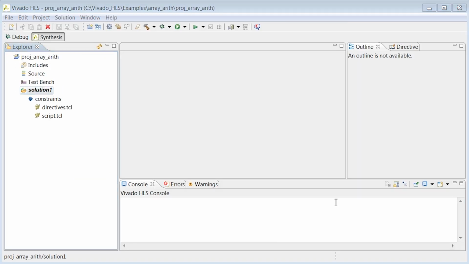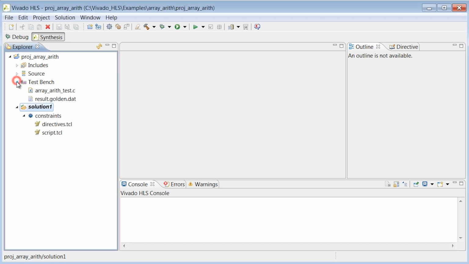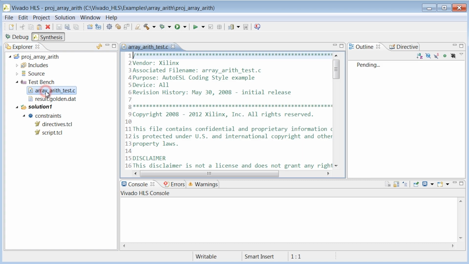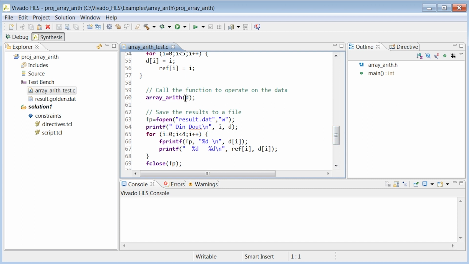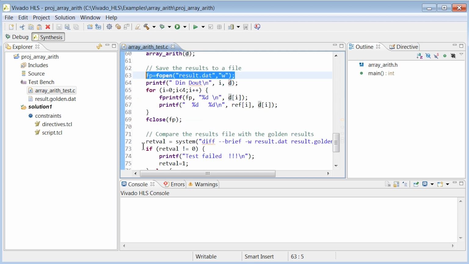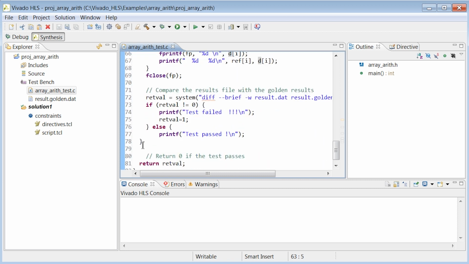The first thing we'll do is examine the test bench. If we scroll down, we can see the output from the function is written to a file, results.dat, and that this file is compared with some golden results. A return value of 0 indicates the results are the same as the expected results. Since the file results.golden.dat is called by the test bench, it must be included in the test bench when setting